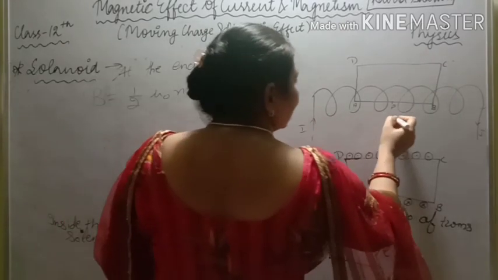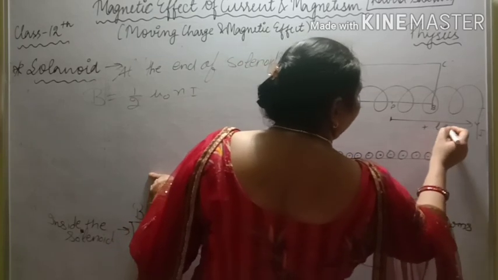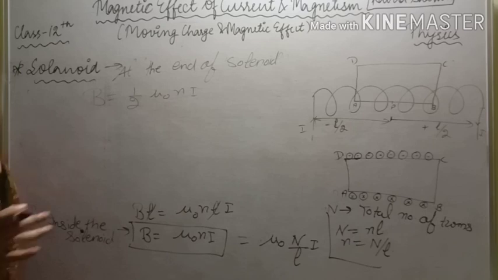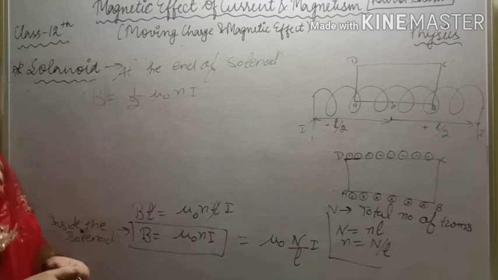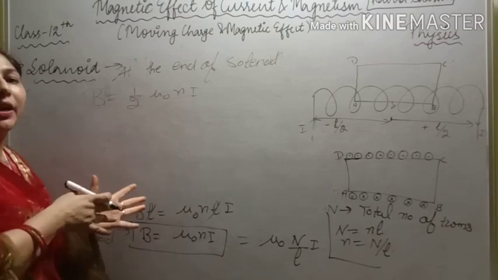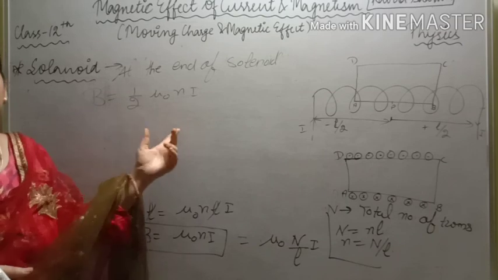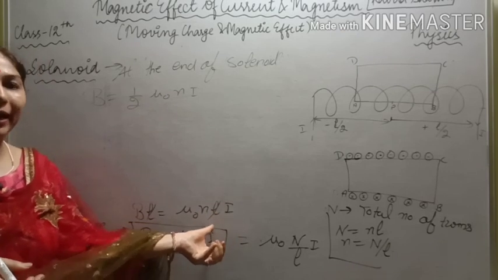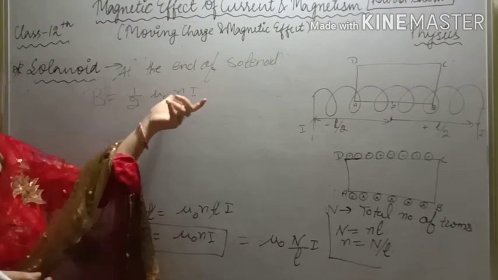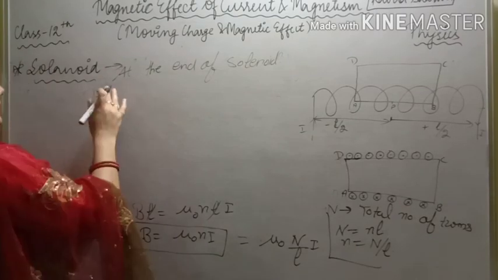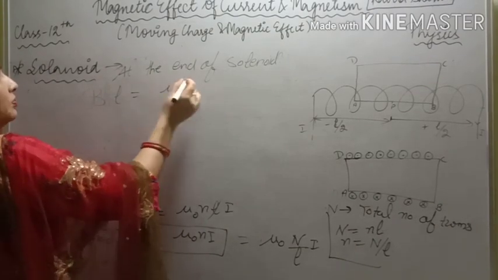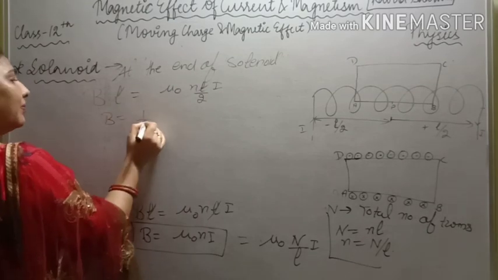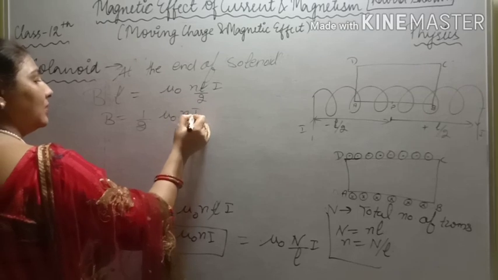क्यों, क्योंकि यहाँ पर देखिए, यहाँ सेंटर से आपका इधर भी आपका पॉजिटिव L/2, और इधर भी आपके पास -L/2. मीन्स आपके पास जो लेंथ है वो हाफ हो गई. ठीक है, तो आपकी जो मैग्नेटिक फील्ड स्ट्रेंथ है वो भी, नंबर ऑफ टर्न्स हाफ हो जाएंगे. नंबर ऑफ टर्न्स अगर आपके हाफ हो गए तो इट मीन्स आपके पास जो B की वैल्यू है वो भी हाफ हो जाएगी. देखिए यहाँ पर म्यू नॉट आपके पास फॉर्मूला क्या बन जाएगा, L/2 बन जाएगा. ठीक है, L/2. तो आपके पास B की वैल्यू 1/2 म्यू नॉट एन आई आ जाएगी. अगर किसी को ये समझ नहीं आता तो we can write like this, B L equal to mu naught n L by 2 into I, L and L cancel, then B equal to 1 by 2 mu naught n I, right?